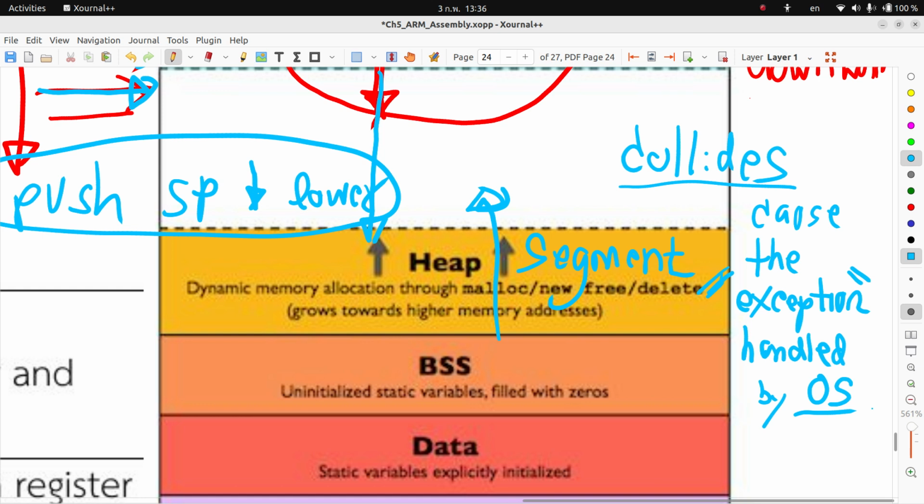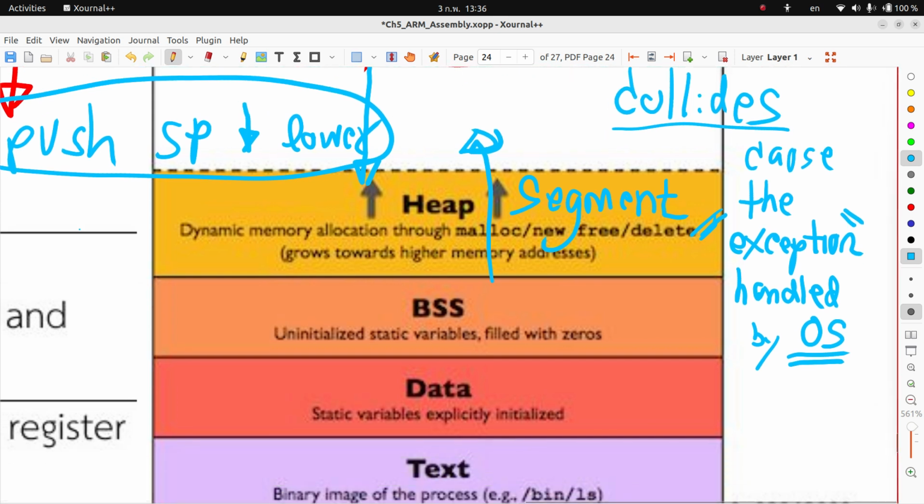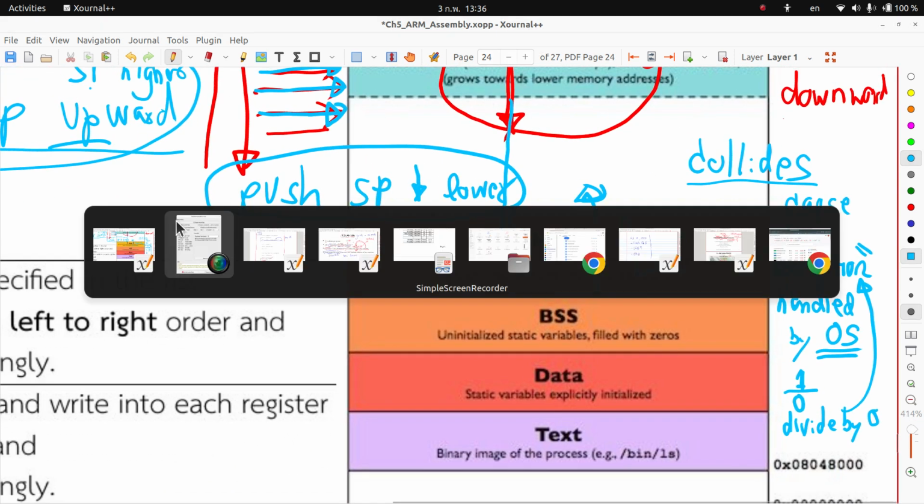What other exceptions does the operating system need to know? If you recall, divide by 0. 1 over 0 is one exception. Divide by 0. This is another exception. That's all for